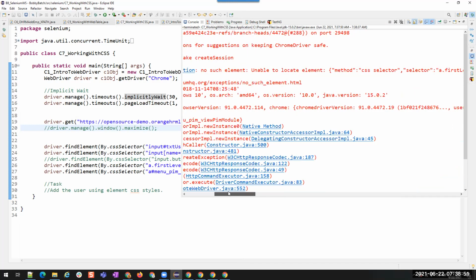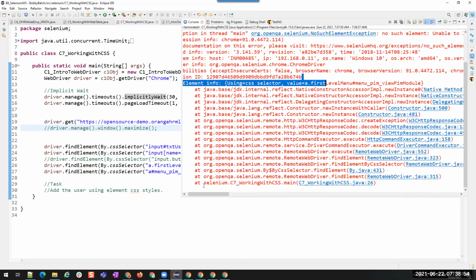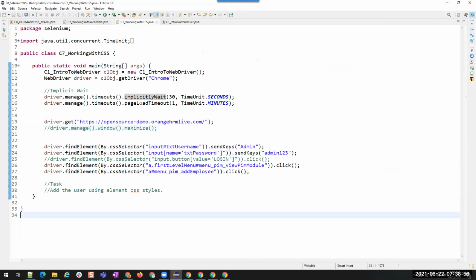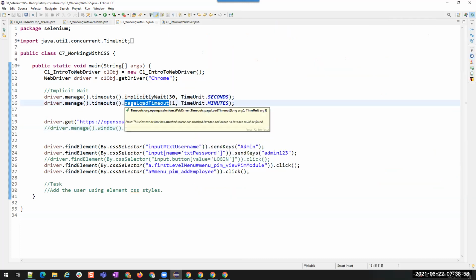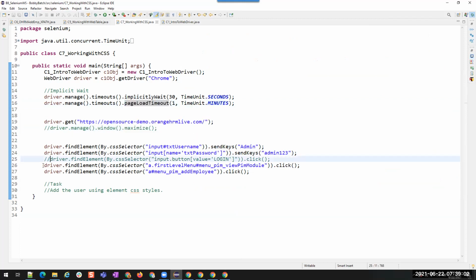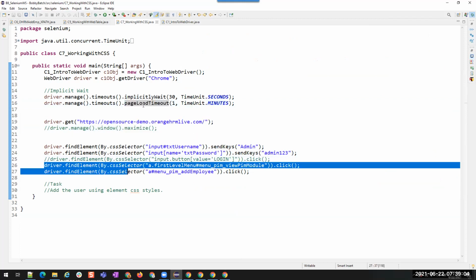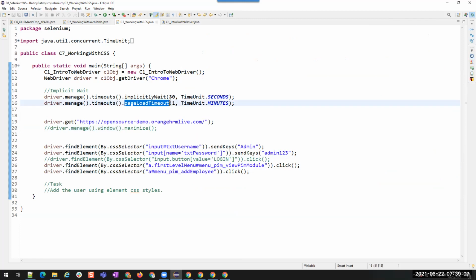Similarly, this is the same with page load timeout. I know I cannot stop a page from loading within 1 minute, right? So I cannot show this to you by example.